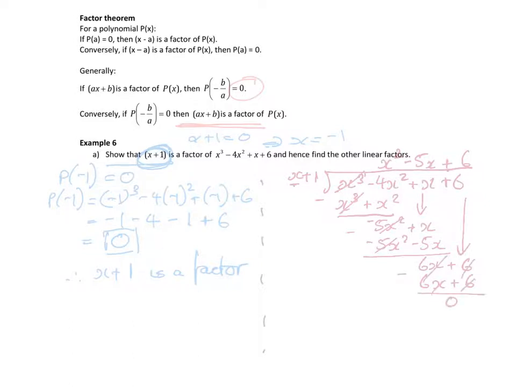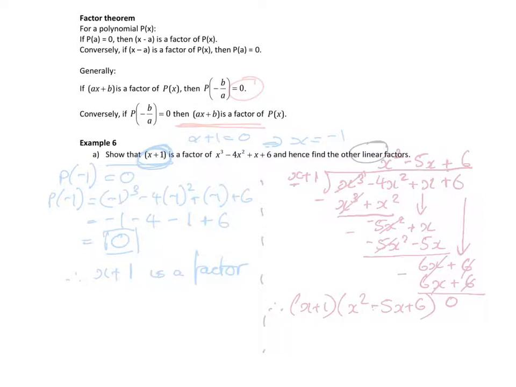And we end up with 0. So what we've got so far as our factors are x plus 1 and x squared minus 5x plus 6. Now, the question does ask for the linear factors. Only x plus 1 is a linear factor there, so we now need to factorise our quadratic, which is a